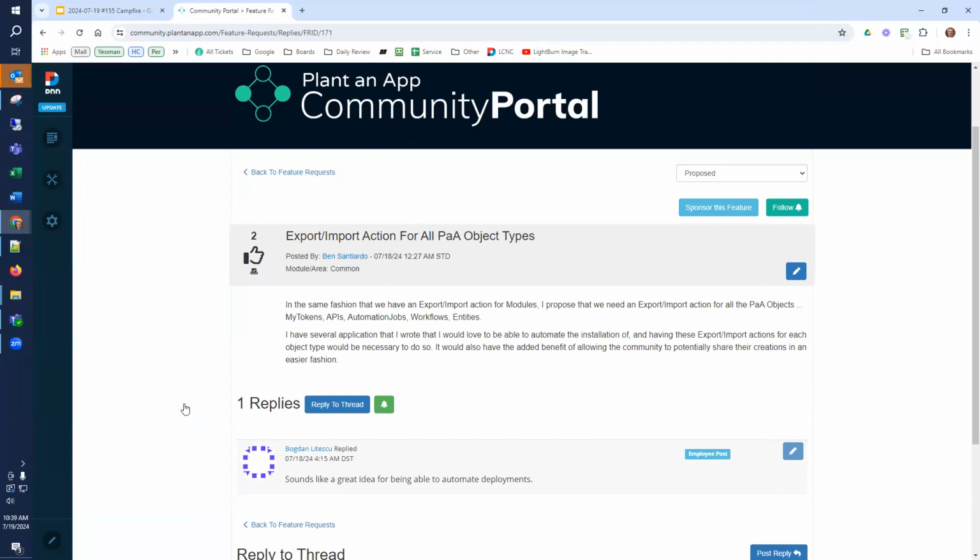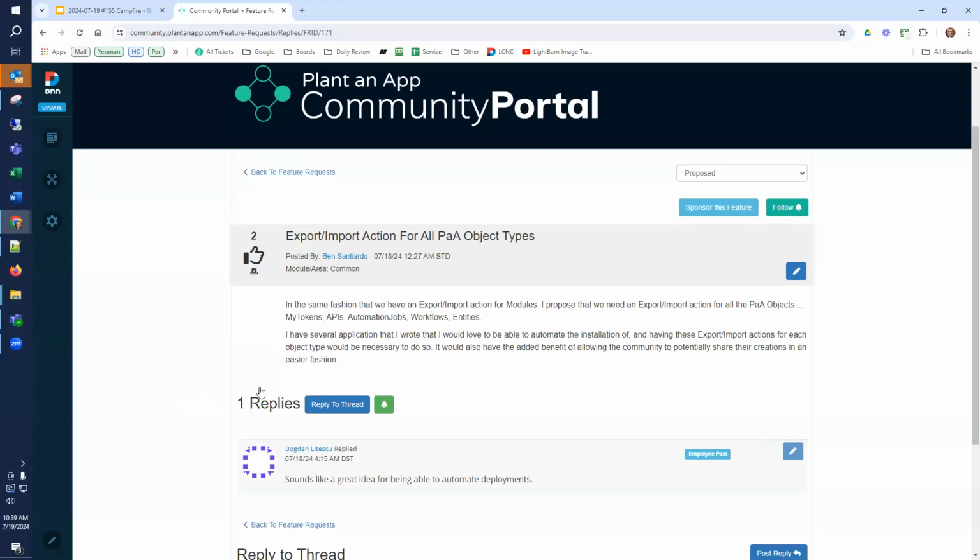Yeah, I mean, the system internally has import and export as a manual process for everything. The issue, and what I'm putting here, is a programmatic way of doing that. Right now, the only one that Plantain app offers is for modules and nothing else.